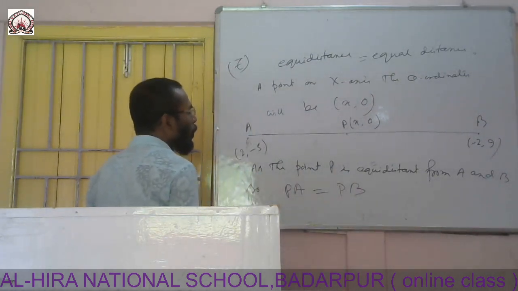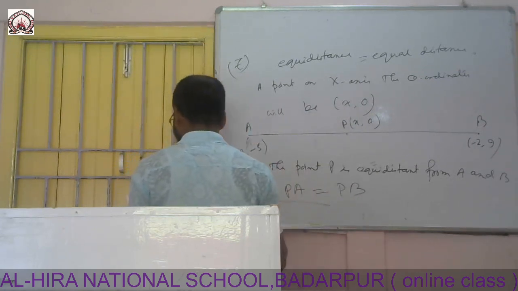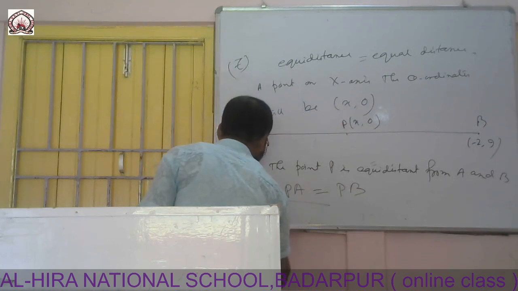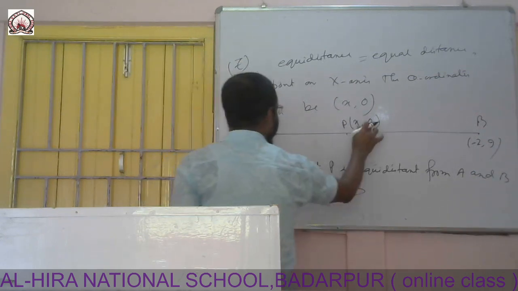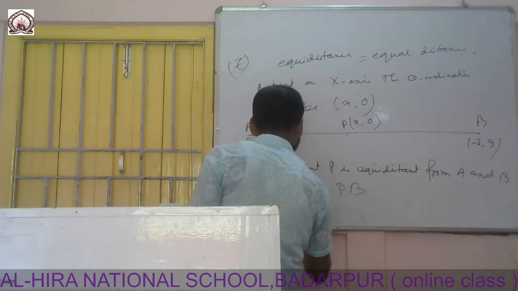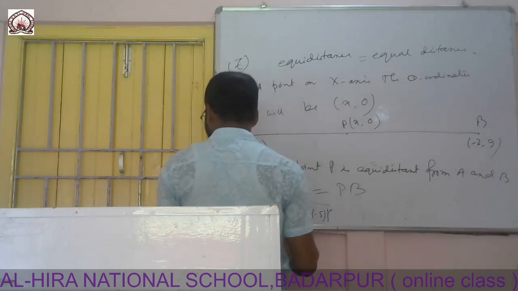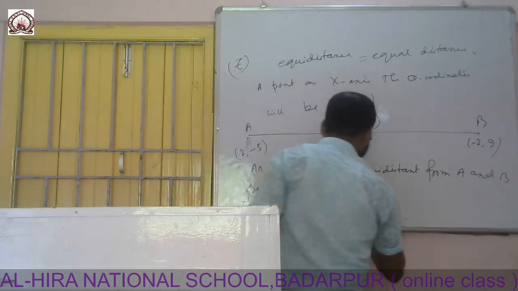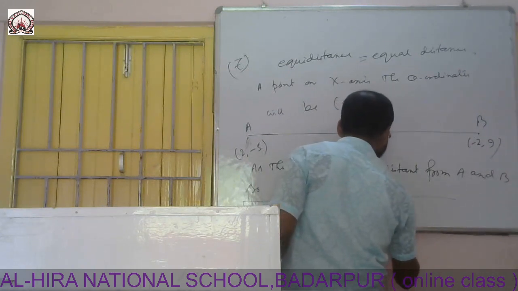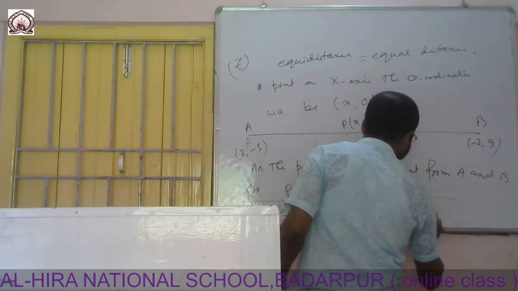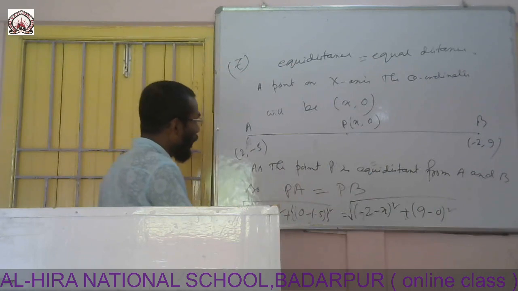And PA we are getting by the distance formula: square root of (x minus 2) whole square plus (0 minus (-5)) whole square, and this will be the square root of (-2 minus x) whole square plus (9 minus 0) whole square. So from the square root you may cancel this square root,